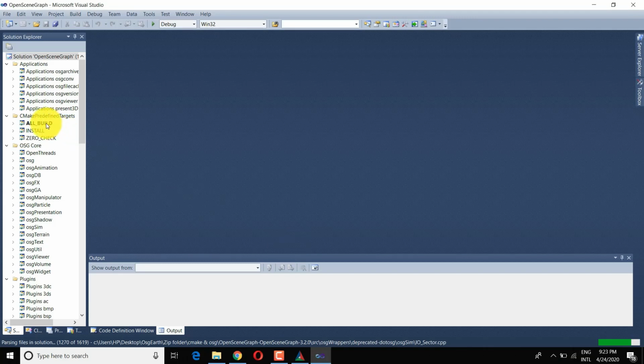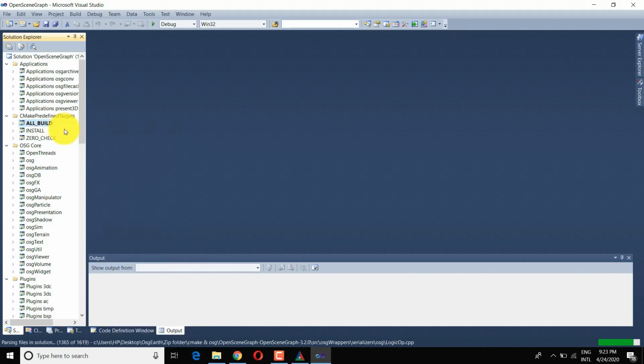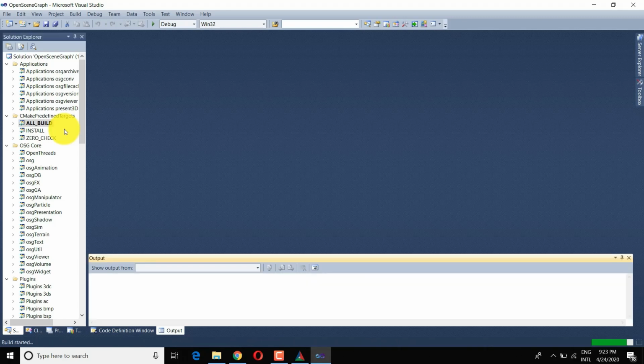So after opening the file, here go to ALL_BUILD and right click on it, and then click on build. Now building has started. It will take a lot of time, around 1-2 hours, so don't worry about it.